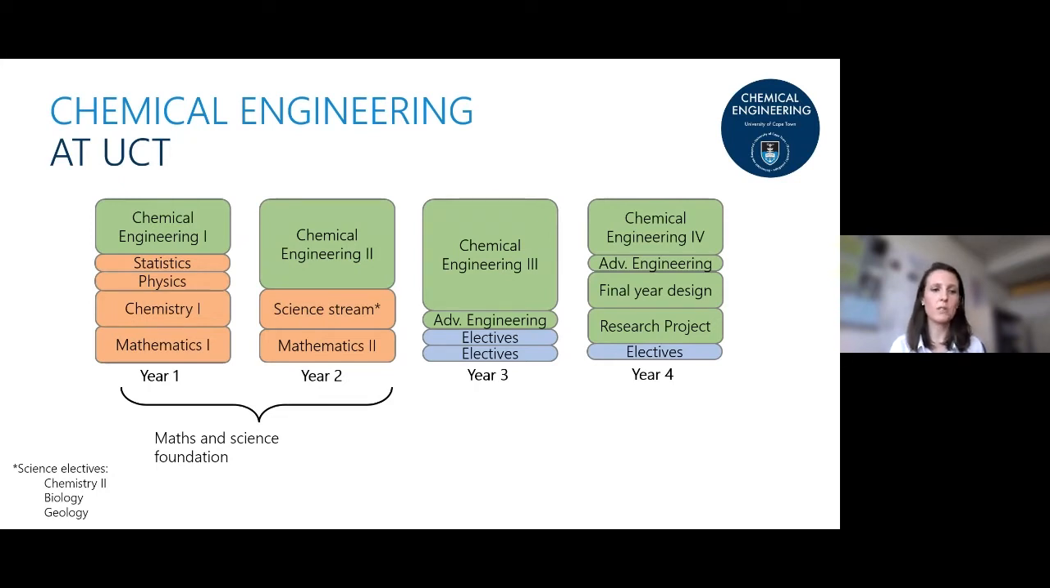In your second year, you also get to decide which science specialization you want to follow, which is quite unique to chemical engineering degrees across the country and across the world. So you have a choice of specializing in chemistry further by doing a second chemistry course. You can choose to focus your degree more along the biological, so microbiological routes if you're interested in more of a bioprocess engineering side of things, or you can choose to follow a geological sciences stream, which is very pertinent